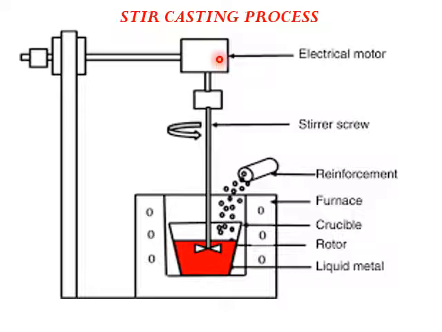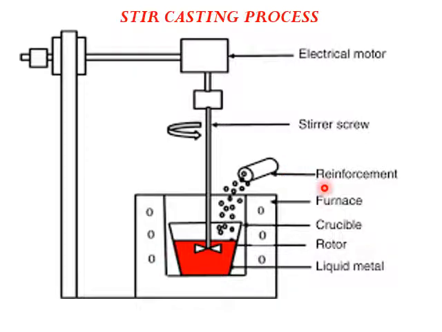To have a stirring action, there will be an electric motor with the stirrer. You can see the stirring screw here. This is a crucible in which we have the molten metal or matrix material in a molten state, and this is a furnace which we need to heat the metal or maybe the polymer matrix. And through one more crucible, we pour the reinforcement.